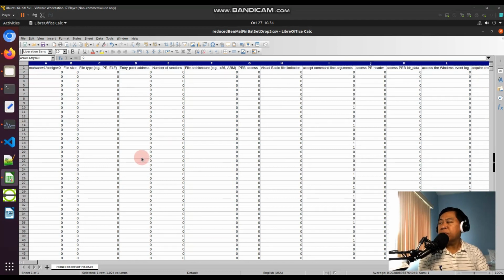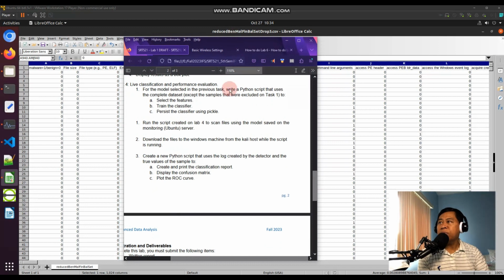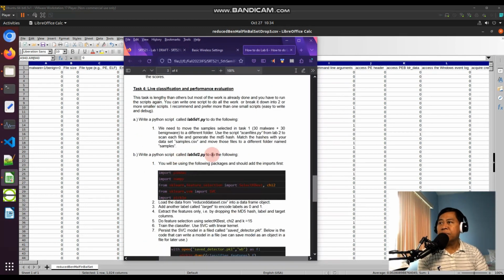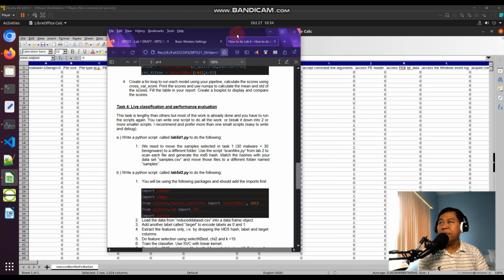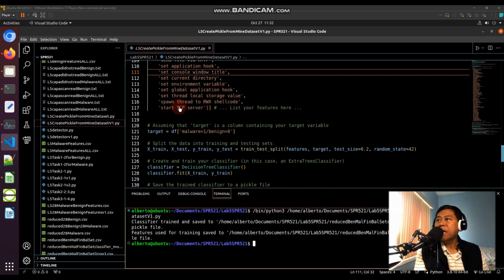So this is where I produce my pickle files, guys. We're in task 4 and it says it's a little lengthy, and it is because preparation of the data is crucial. So I'm going to show you along the way how this is done, with live classification and performance evaluation. Then I selected 100 features, and this is my target column title. I split the data into training and testing sets, and I use a decision tree classifier